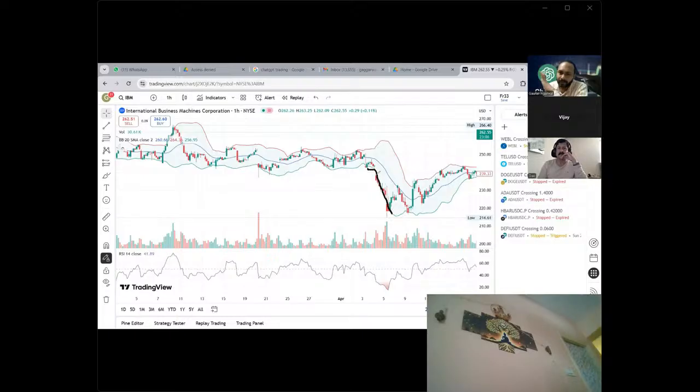You should not exit your position until the price is with the band. Once the price leaves the band, then you can exit your position. You can see all the candles are getting formed at the band only, right? So if you take a short position here, you have to carry your position, and in this candle the price left the band. At that time you can exit your short position. So this is the second use case.